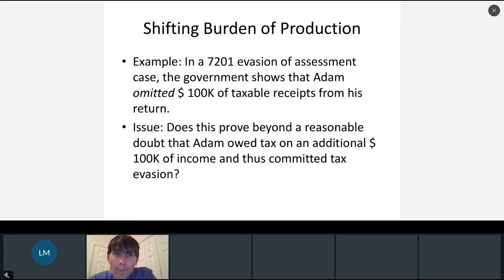So here's an example. It's a 7201 tax evasion of assessment case. The government, and by the way, what does assessment mean? In the area of taxes, it's very important not to confuse assessment with the layperson's definition of assessment. The basic Webster dictionary definition of assessment is that something has been calculated or determined. So sometimes we get a little laid back as tax attorneys, and we'll use assessment in that sense,